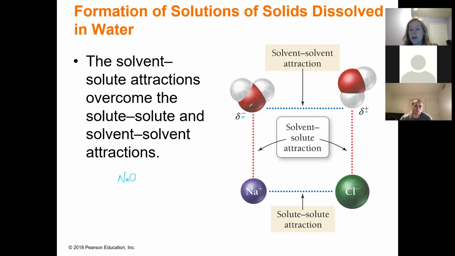And what that does is there's an attraction between the negative side of our water molecule and that positive sodium ion. And vice versa, the positive hydrogen side of the water molecule is attracted to the negative chlorine ion. And so if this attraction between the water molecule, or the solvent, and our solute, what's going to be dissolved, is stronger than the attraction between the solute and the solute, or even the solvent, then this thing will break apart. So the sodium and the chlorine, that bond just isn't strong enough to outweigh the pull